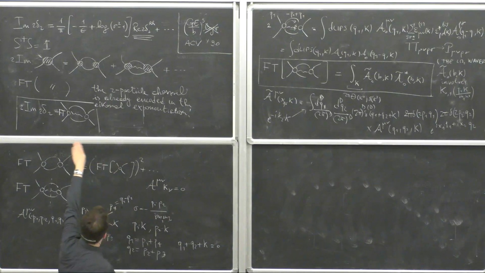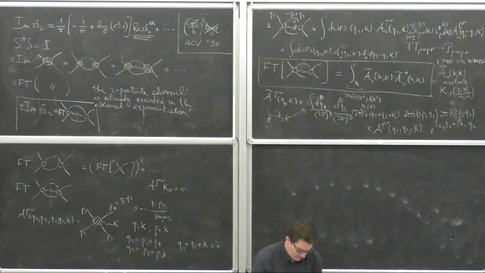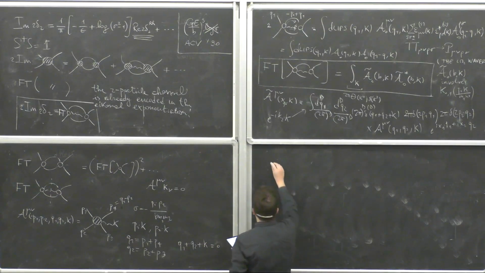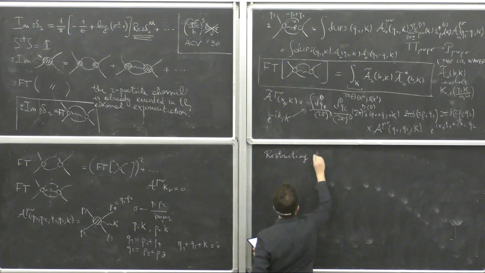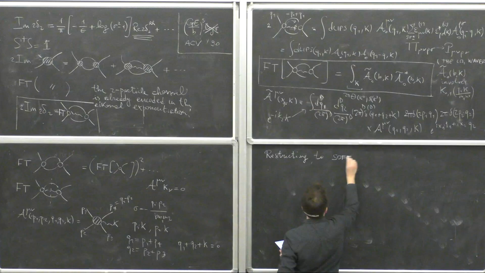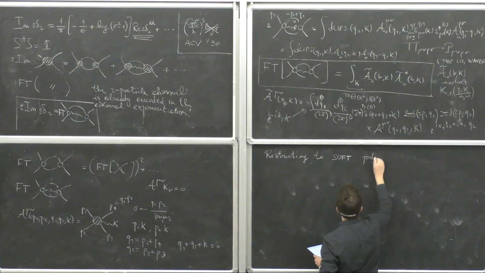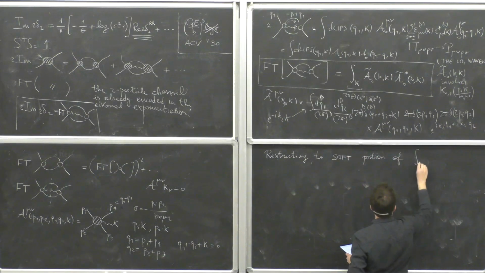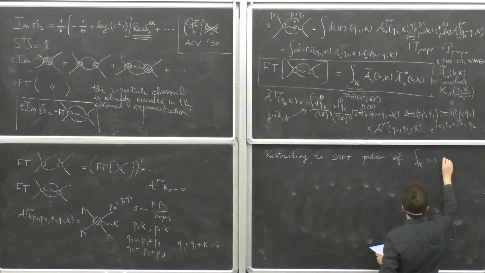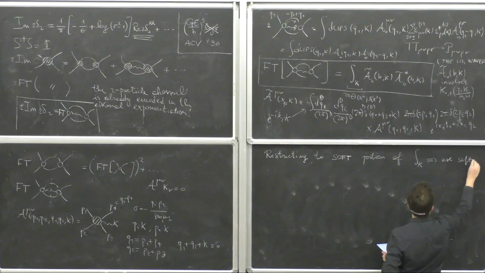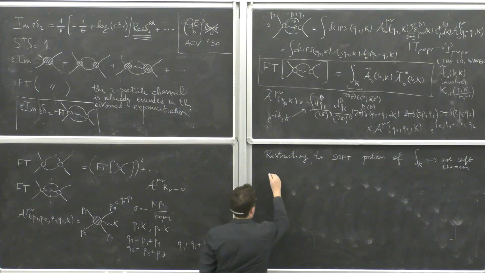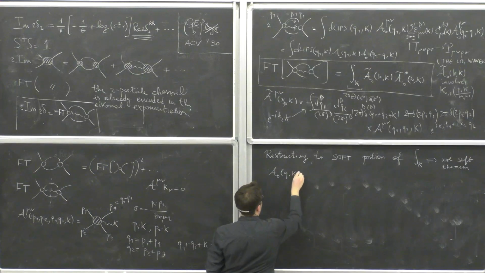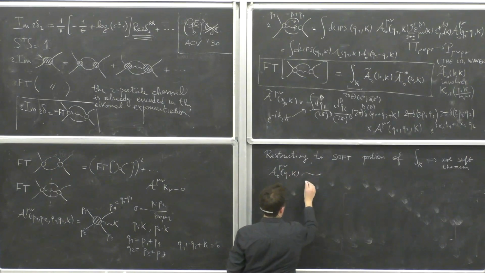So the objective is still to derive that relation over there. And to do that, let me use the fact that, restricting to the soft region, to the soft portion of the k integral, let's say, we can use the soft theorem. The leading order soft theorem simply tells us that A0 of Qk, this thing over there, in the small frequency limit, omega goes to 0, or k is proportional to omega,